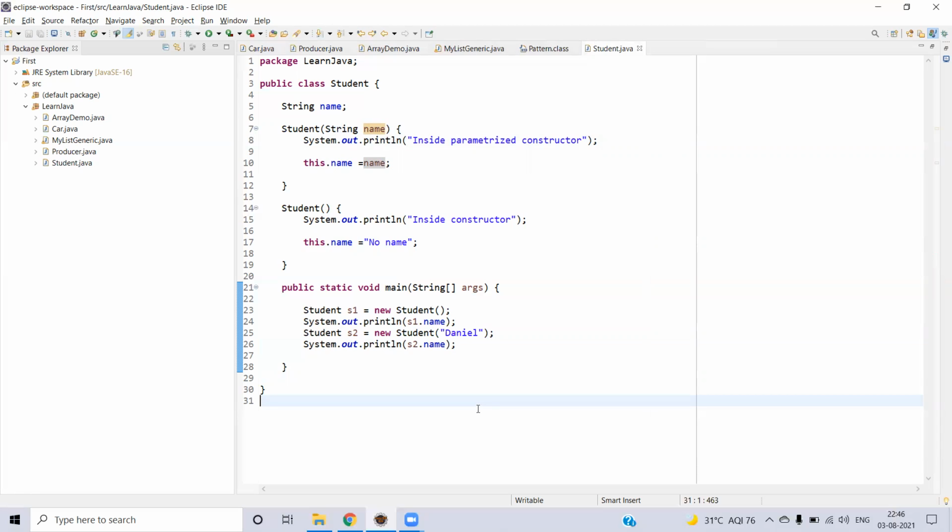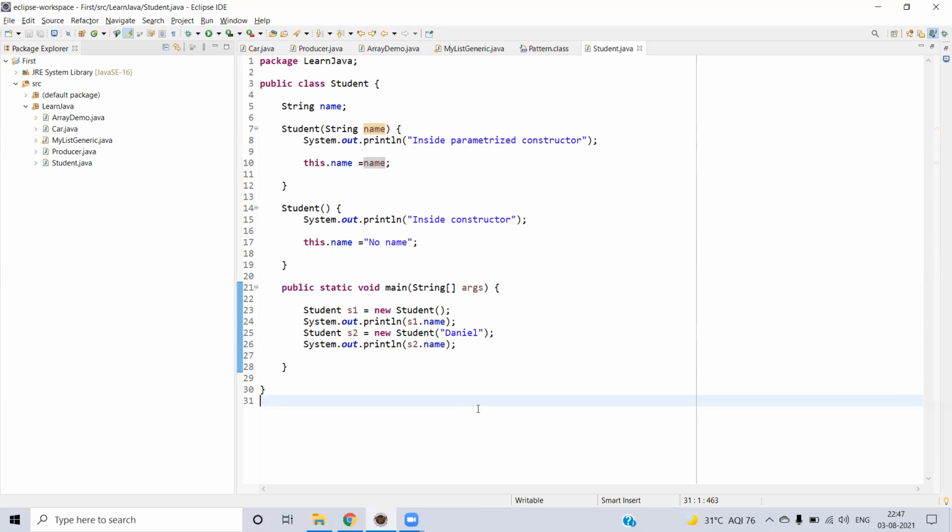So this way we can understand a constructor is a simple function which has the same name as the class name, and it will not have any return type. And if you don't provide a constructor, Java will provide a default no-argument constructor, which will not have any implementation. But if you create your own implementation with or without arguments, the default Java-given constructor will not be called. And you can have any number of constructors with different arguments, based on our input.